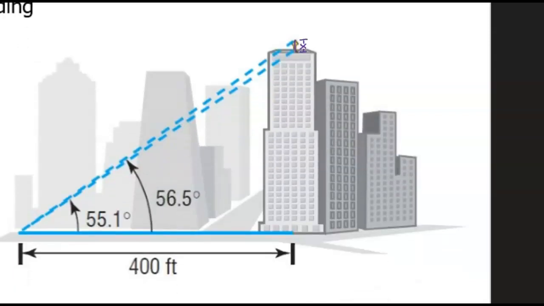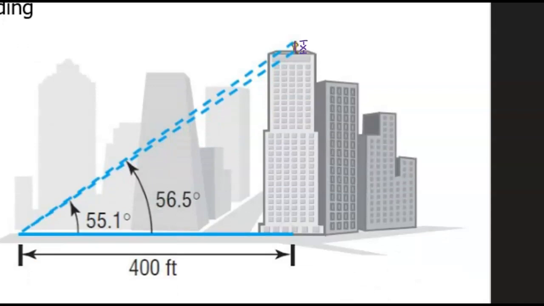Instead, what we have to do is we have to create a right triangle. So I'm going to take this statue and I'm going to draw a line straight down from the statue to the ground. Because it is a line straight down from our statue to the ground, this means that this line is perpendicular,